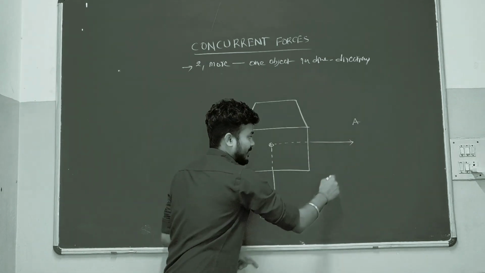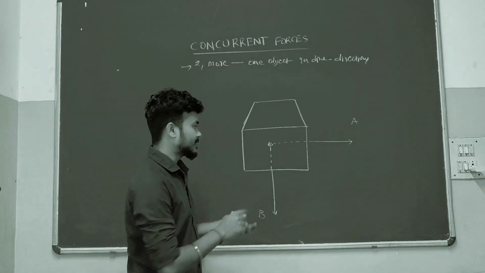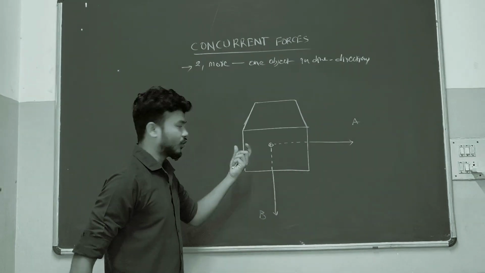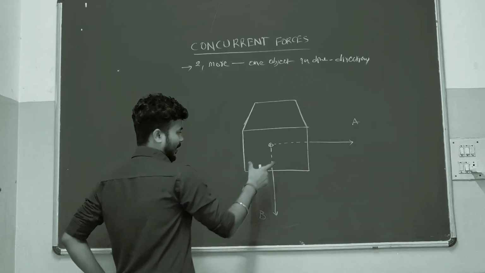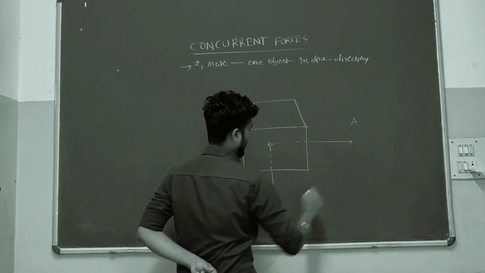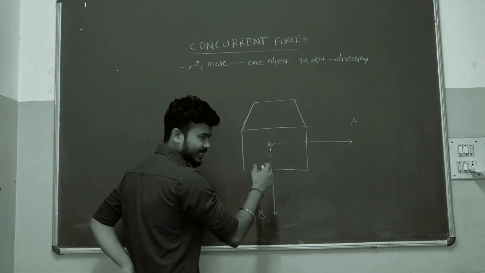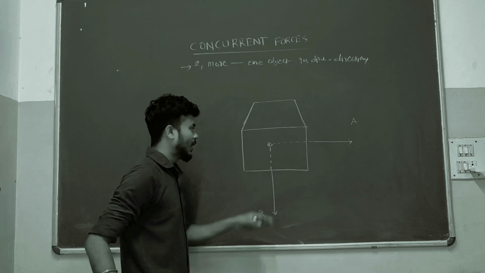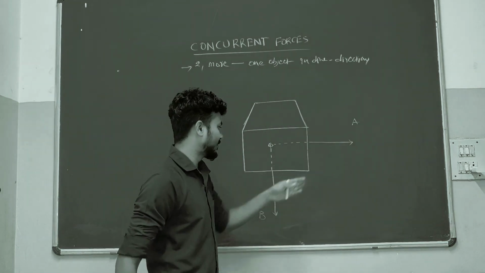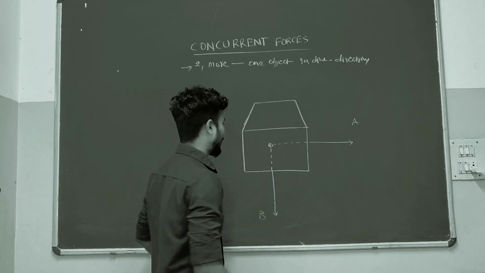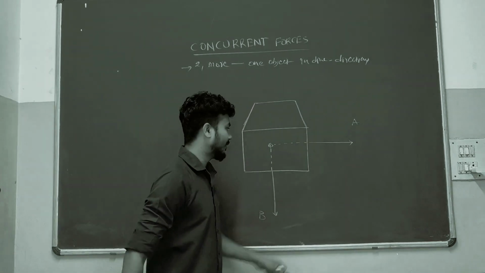It should be divergent. This is in this direction, this is in this direction. Divergent directions are perpendicular to each other. This is the concurrent force system. So what will happen in this concurrent force system? One object is there. If one person is pulling on his side and the other person is pulling on his side, because of these two forces one resultant will form here. The net force, because of these two pulls, will be in the middle of these two forces.